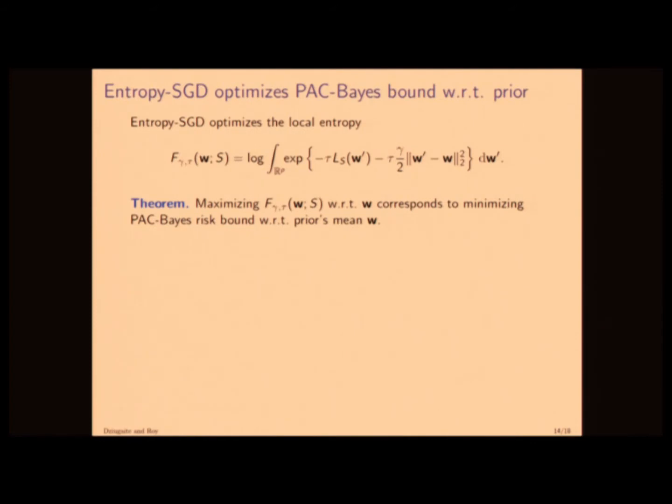So indeed, it's not hard to show, you just use the Donsker formula. And also this calculation has been done, I'm sure, 100 times in various papers. I'm sure Peter knows 4 or 5 of them. That maximizing this local entropy with respect to W corresponds to minimizing a PAC-Bayes risk bound on a Gibbs posterior with respect to that prior's mean, W. Which sounds pretty cool, but it's also totally against the rules. You cannot optimize your prior for your PAC-Bayes bound based upon the data. Of course, then again, your empirical risk was a great unbiased estimator of your risk until you started optimizing it, right? So this is sort of the same sort of thing.